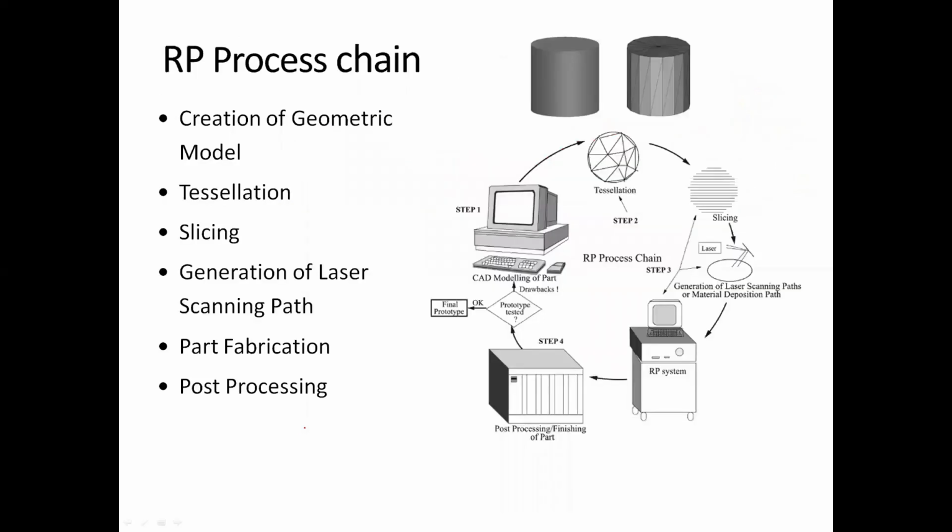Now this is the process chain. The process chain is somewhat similar to the methodology that I discussed earlier. It is very much similar. But here I'm going to explain what tessellation is also. So the first thing is you create a geometric model, that is your CAD model. Now let us assume you created this CAD model of a cylinder. So this is a cylinder that has been created. Now if you look at the cylinder very carefully,